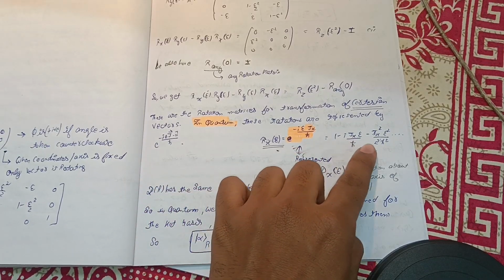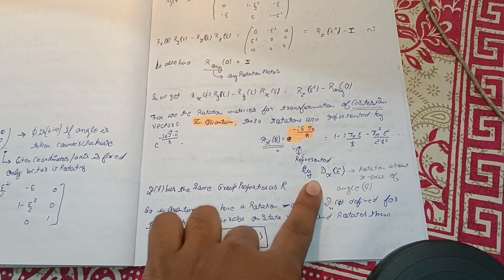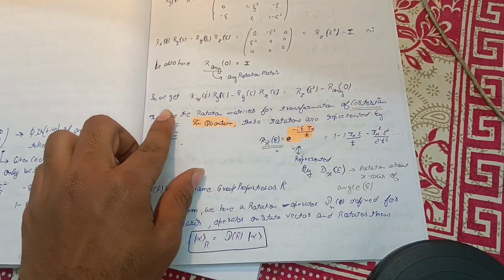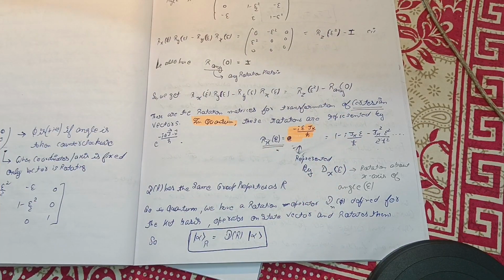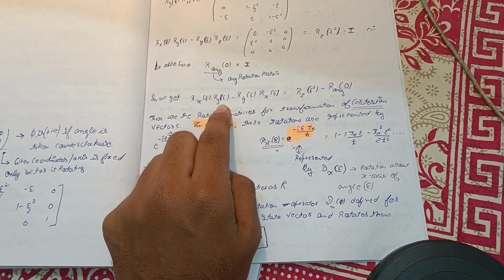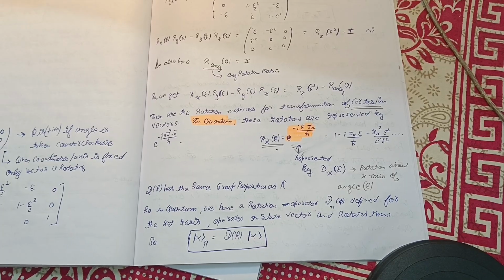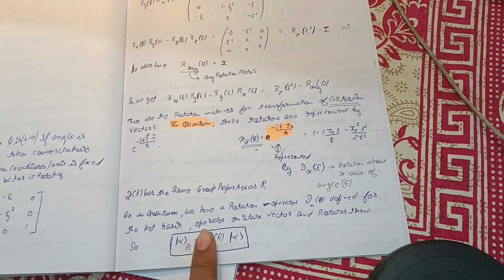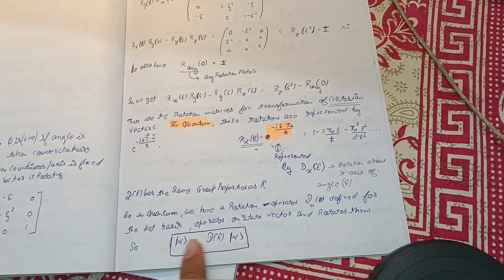Its expansion can be written like this also. So you can understand what this is doing. The thing I have explained here, what you have to do, you just have to replace rx by dx, ry by dy, and the same with others. You will see, and that will lead to what you are here to watch. So in quantum, we have a rotation operator d and phi defined for the ket bases. These are the ket bases.